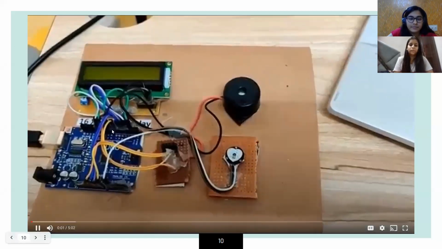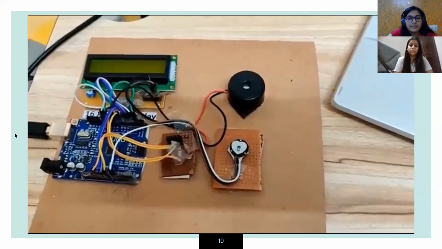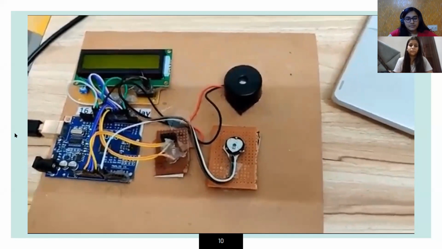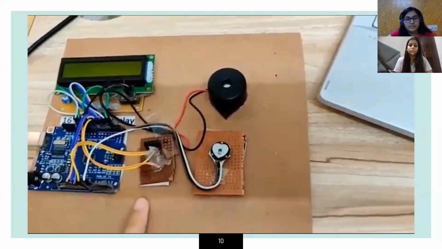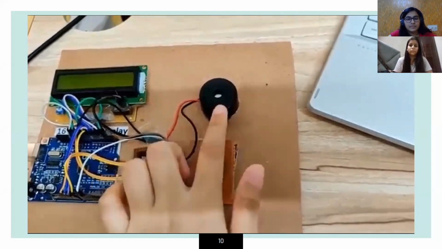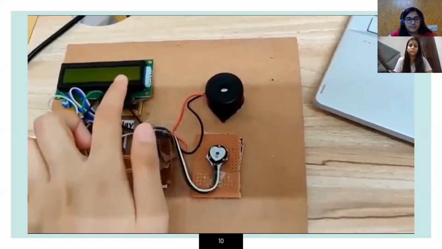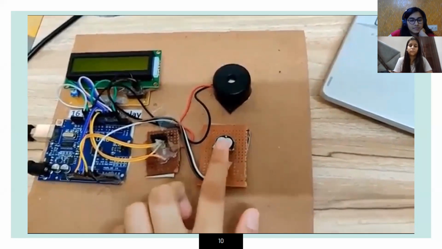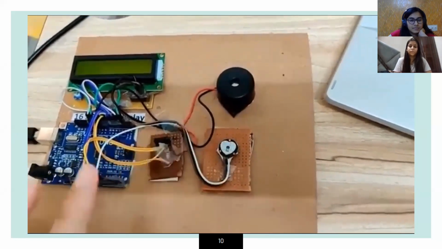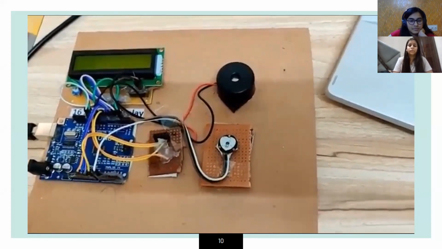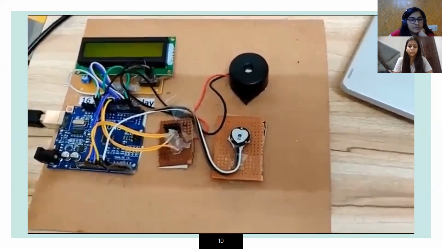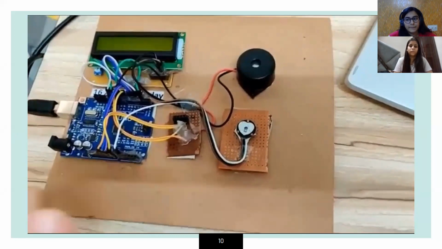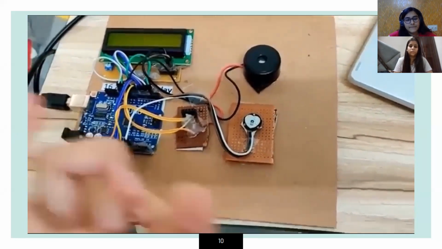So this is the hardware component. We have made a smart heartbeat monitoring system over here. These are all the respective components. Over here we have the pulse sensor, Bluetooth module, Arduino, alarm, or we can also call it buzzer, and the LCD display. So if any person keeps a finger on the pulse sensor, then the system will detect the pulse and the BPM, and it will be represented on the LCD display, which will show the rate of the BPM and whether the pulse is okay or not okay.